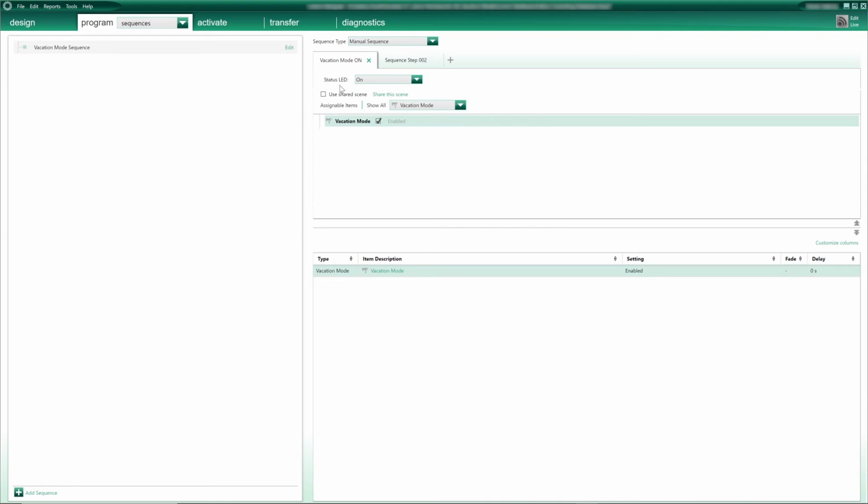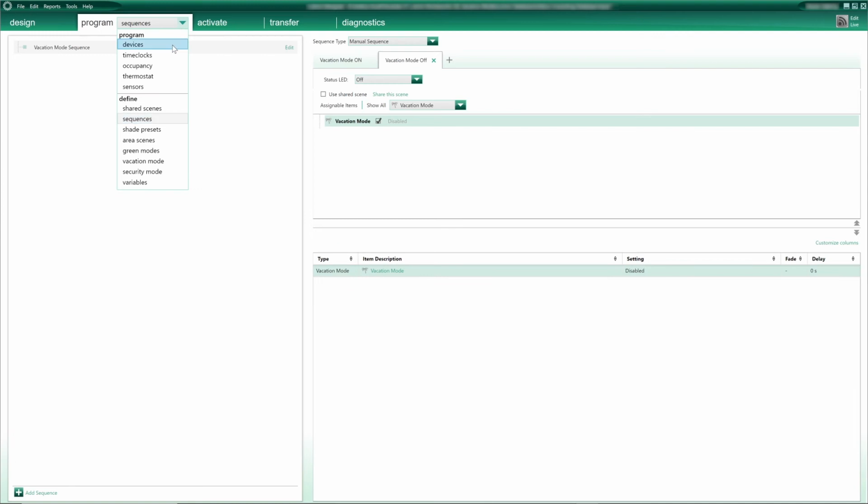And most importantly, I will change the LED status and set the LED to flash or blink as it says here. Then I'll go to the second step here, rename it vacation mode off, and set my vacation mode to disable. And set the LED to off. Voila. So I've set up my vacation mode, embedded the vacation mode into a manual sequence, and now I'm going